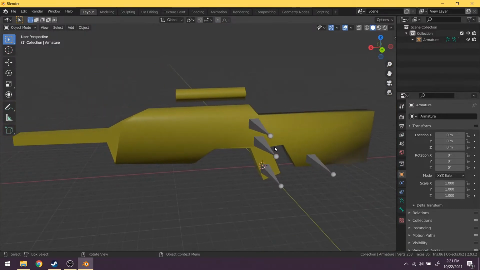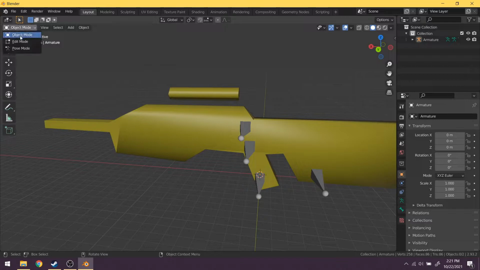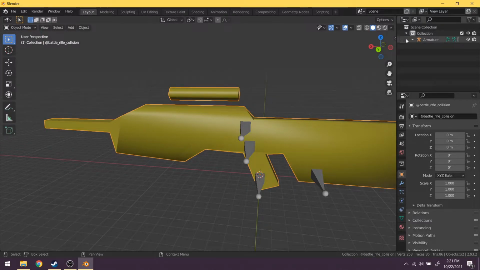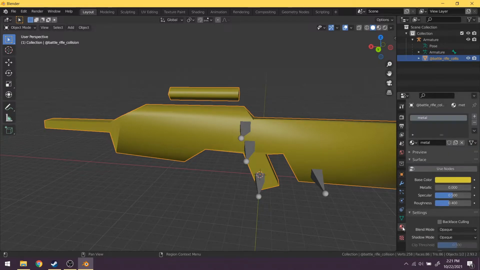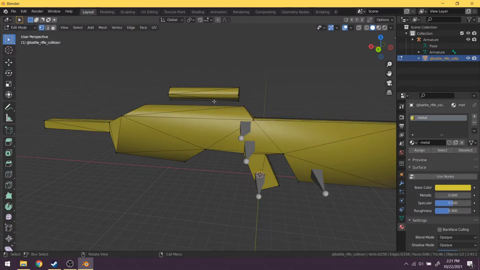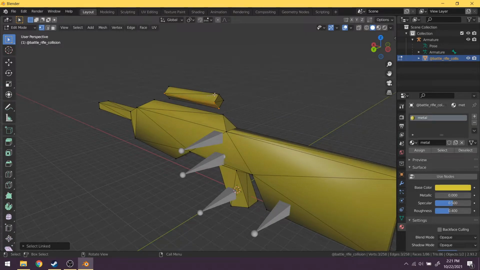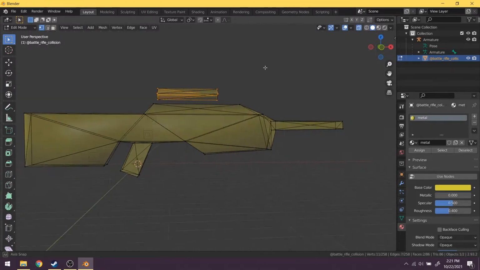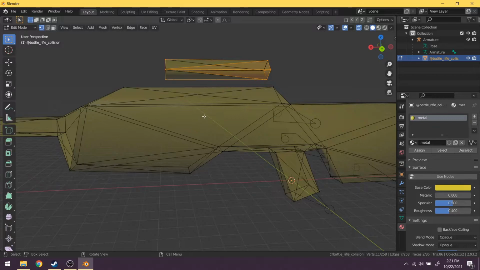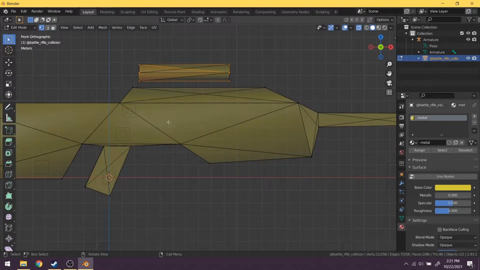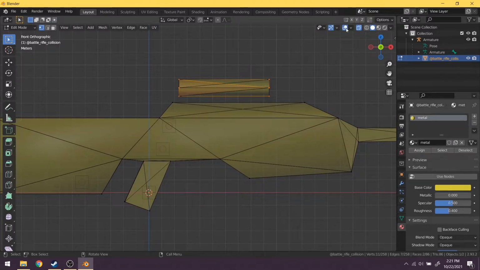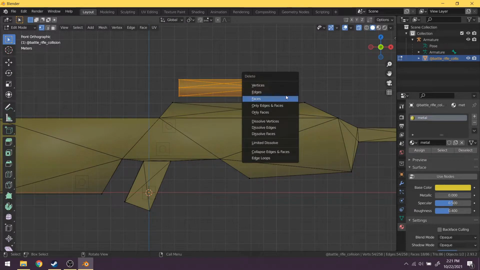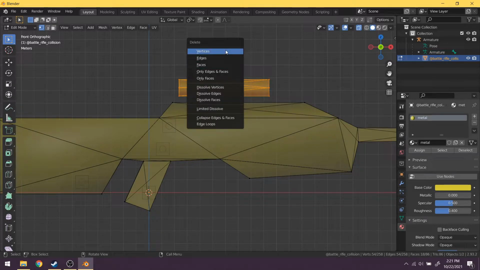Okay. So the only thing we're going to do here is go into edit mode and delete this scope up here. Remember that the importer loads all of the triangles in separately, sort of disconnected from each other. So you will need to go into X-ray mode, and then you can box select everything, the scope, and hit delete vertices,